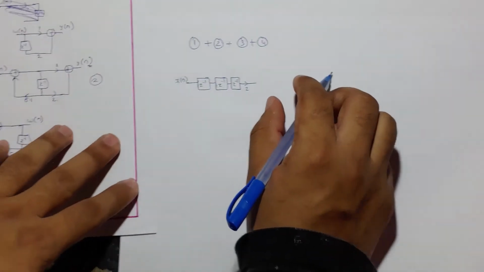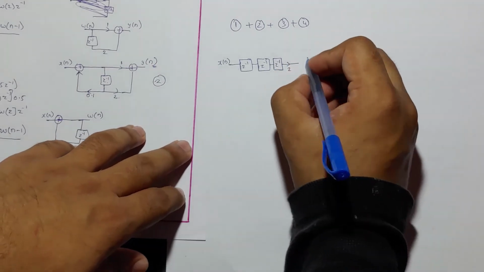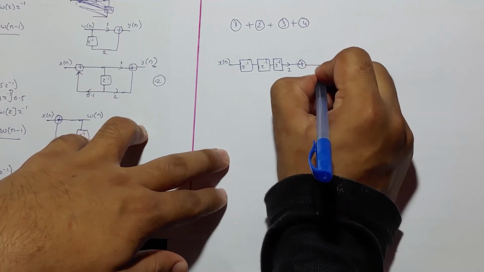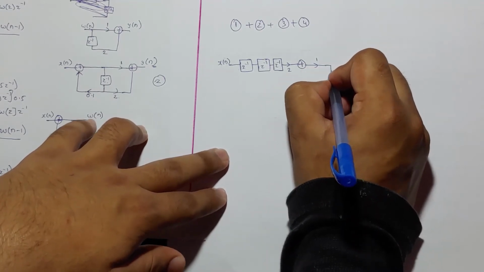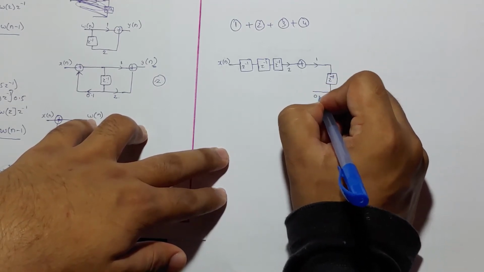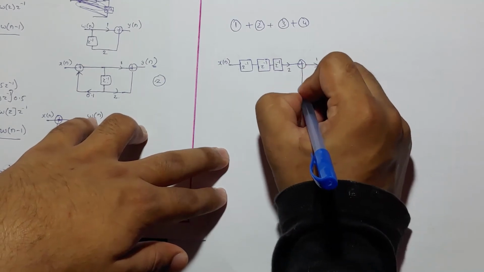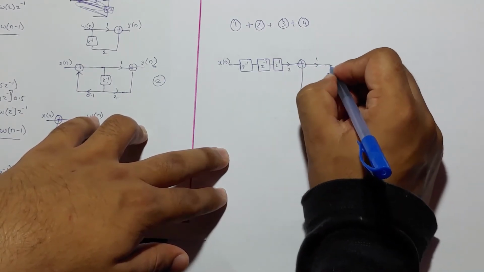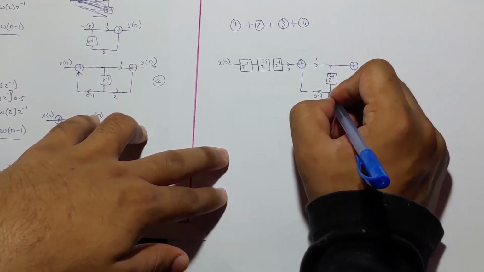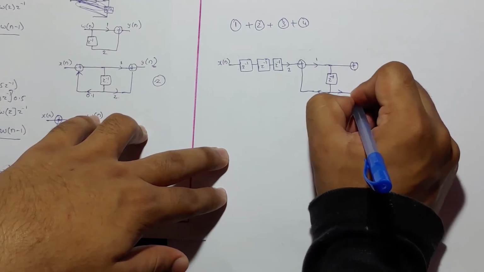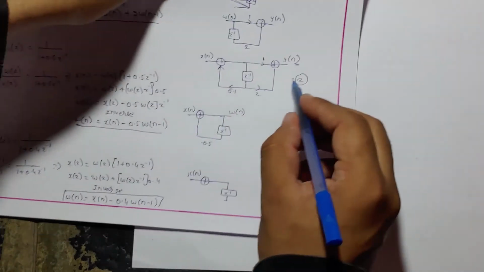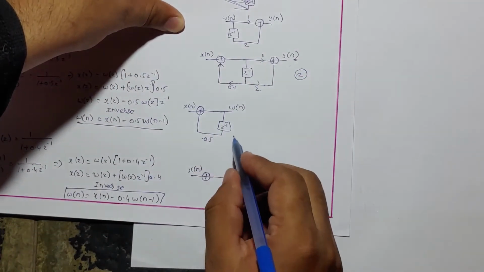Now let us add these realizations. That is equal to, with an adder here, with a constant multiplication of 1, and with a delay element here which is of z power minus 1, and its output is multiplied with a constant 0.1, and it is added to the adder, and the same input is given to the next set with an adder element, and its constant is multiplied with a 2 to give an output of i of n. Here this output would be the input for the next set of equation, that is set 3.